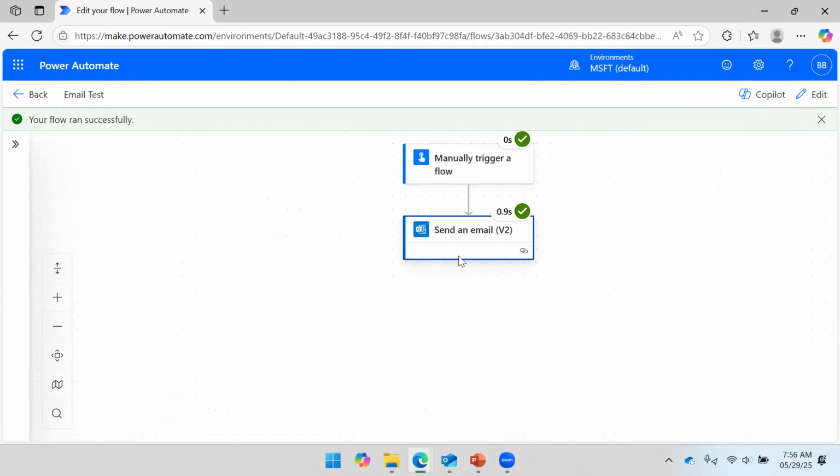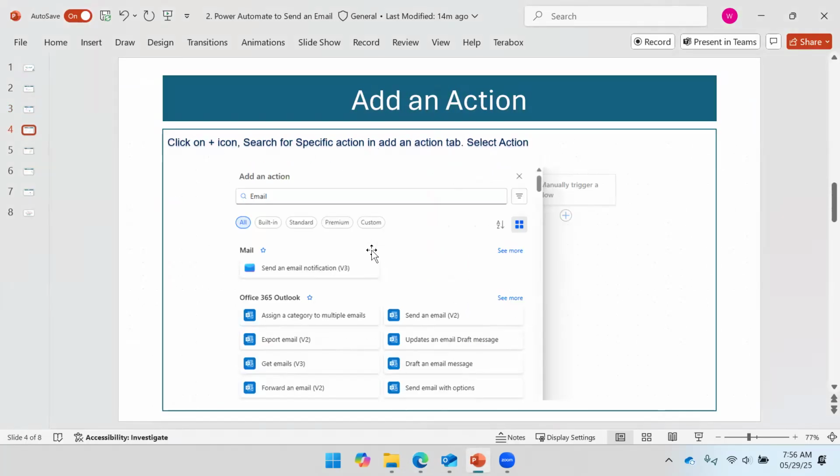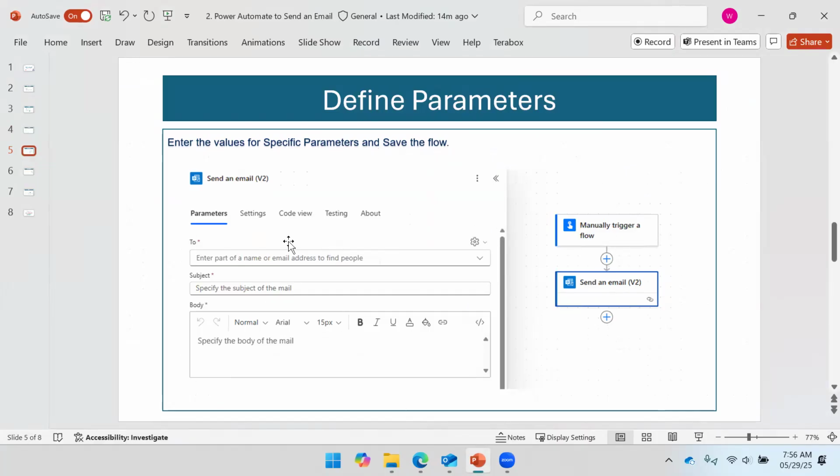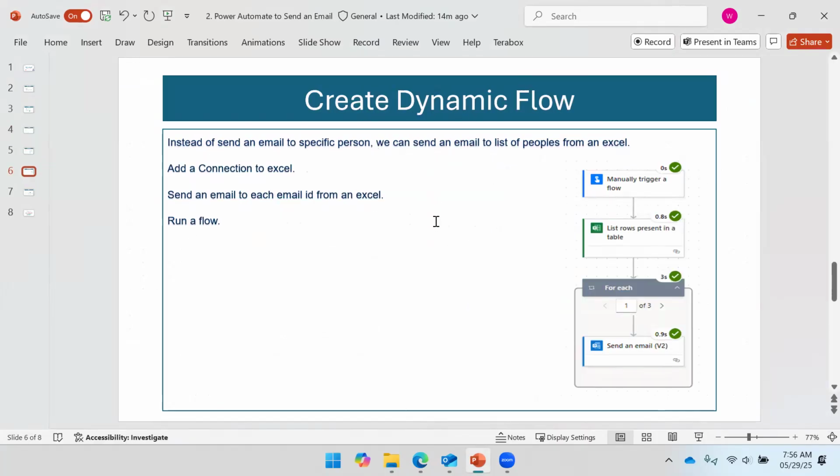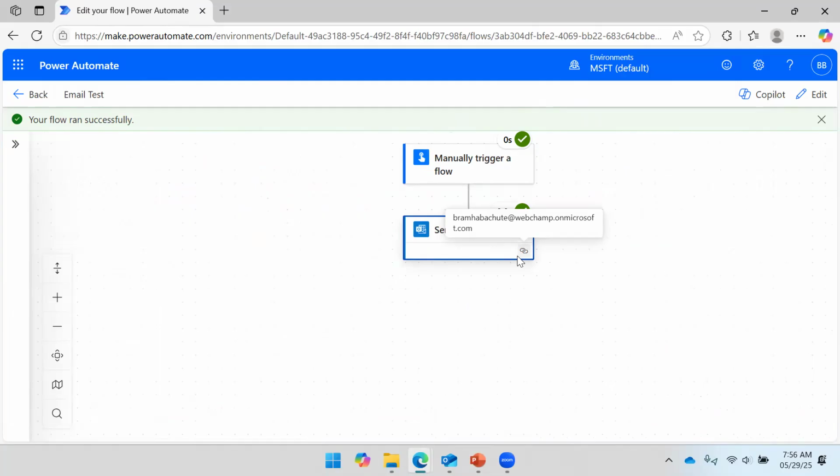So Power Automate can send an email, but it's not like that. Now we will send a static email to the people, right? So we saw how we can select the trigger, how we can add the action, how we can define the parameters. Now it's time to create a flow that is dynamic, right? Meaning nobody is going to send an email to the same person as a reminder or for any specific task. So we need to send an email that will be dynamic,